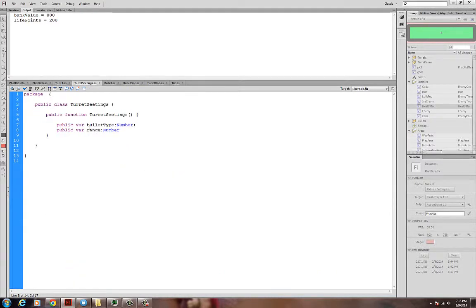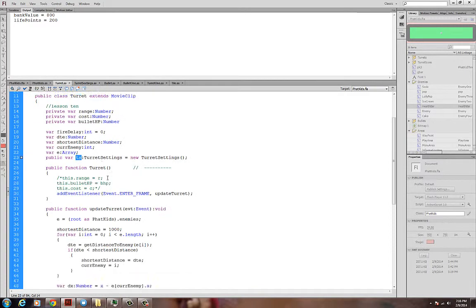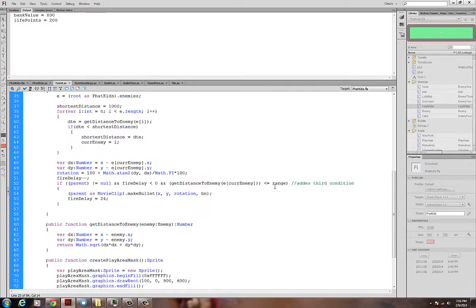And in turret settings, notice I do have bullet type. So I just say TS, which is turret settings, TS dot bullet type, and I'm ready to go. So now I'm sending in these 4 parameters into the make bullet function,